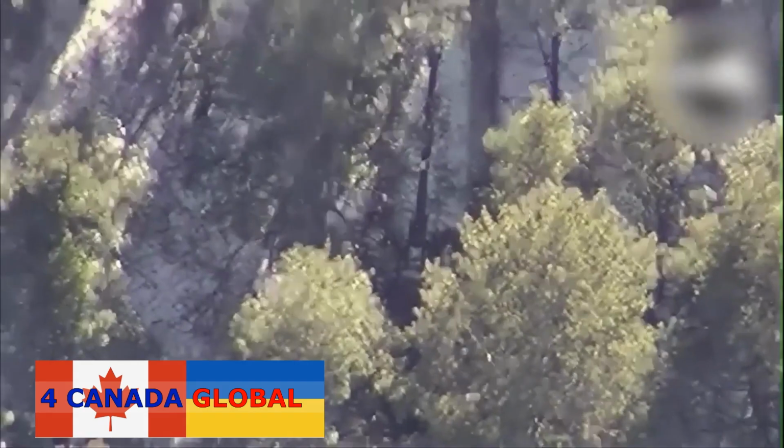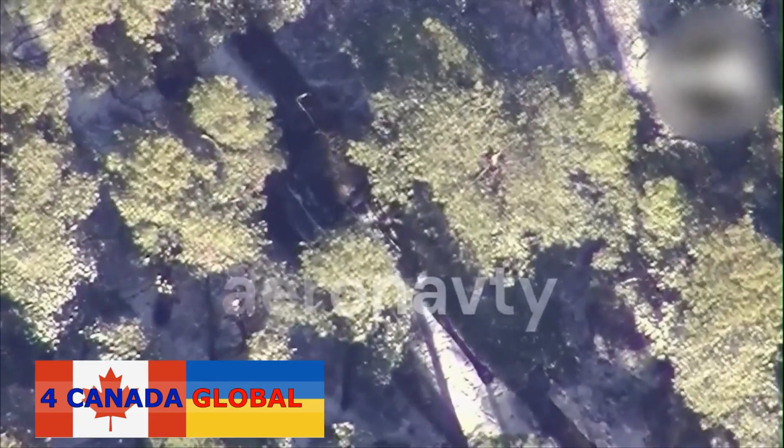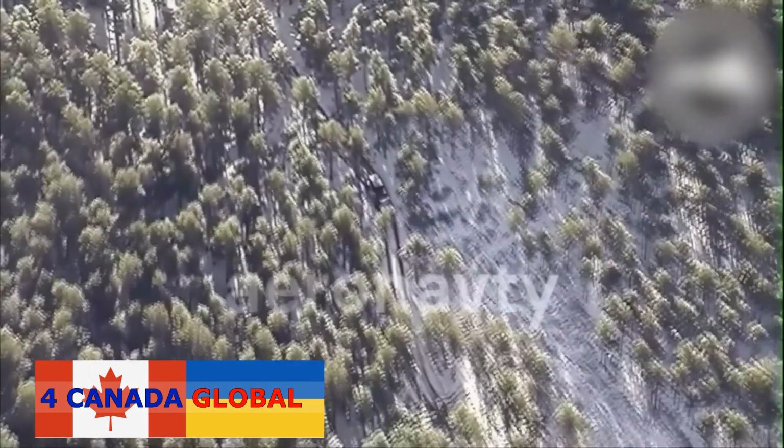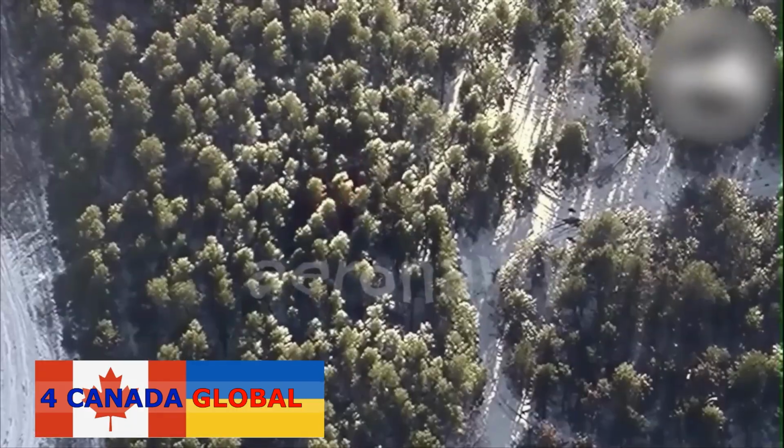Ukrainians discovered a Russian howitzer. Boom! Clouds of smoke rise from where the artillery just was. The target is destroyed. The second target, a BM-21 Grad that the Russians tried to hide in the forest. The first hit